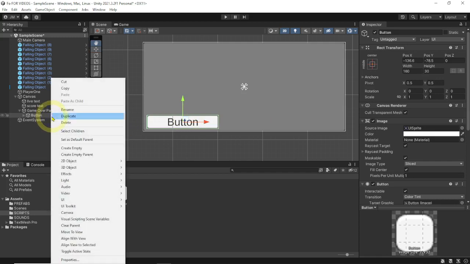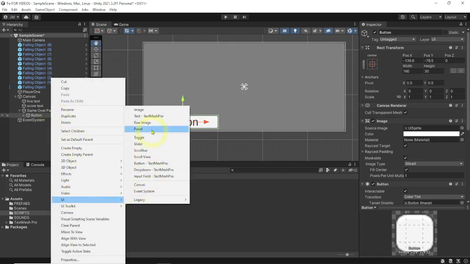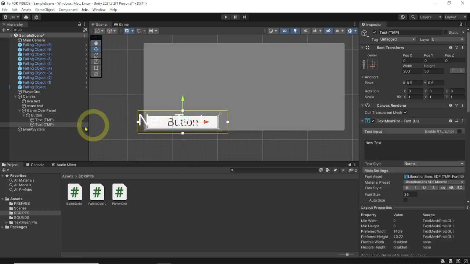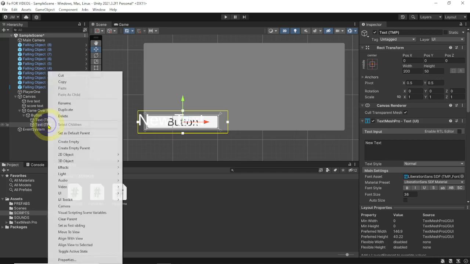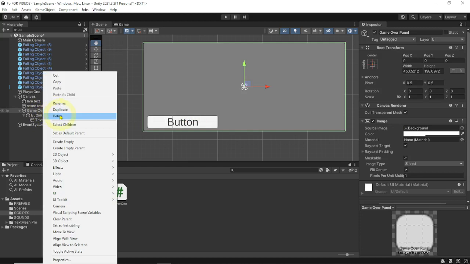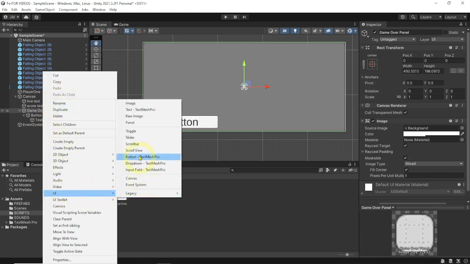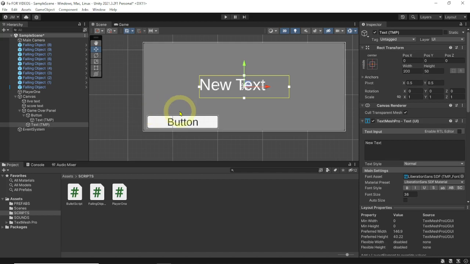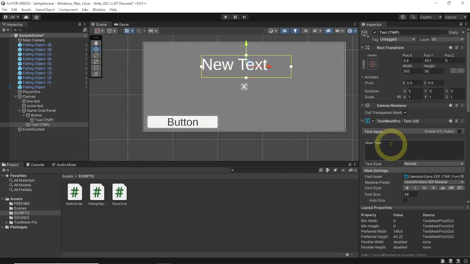So I want to go ahead and add a text to the, oh, did it wrong, I'm sorry. Let me get back out of here. I meant to do it on the Game Over panel. Sorry guys. Delete that. Okay, Game Over panel. UI Text Mesh Pro. There we go. Okay, so now we're going to go ahead and move this up a little bit. And we're going to center that right there. We're going to go ahead and change this text right here. All right, and this new text will say,